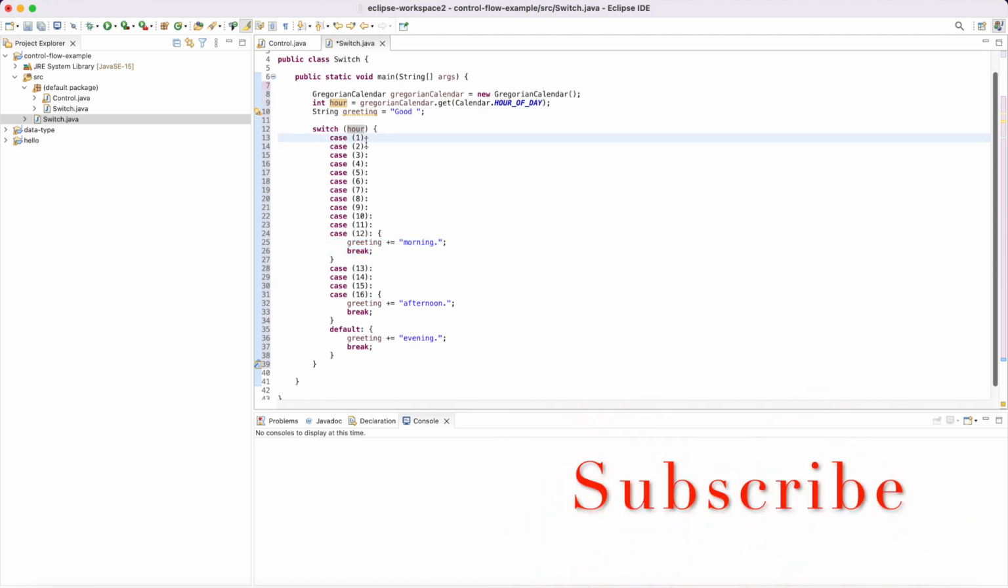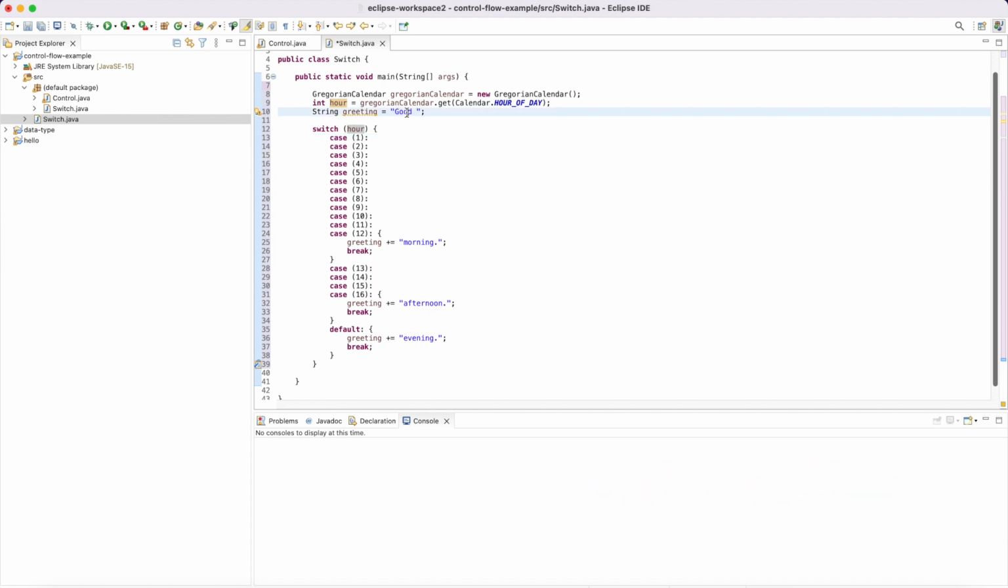So we say case 1 colon, case 2 colon, case 3, and so on, to case 12. And then at the end, what are we saying? In here we created this greeting variable, a string variable, and it has a value of "Good ". And then in here we are appending, this plus equals appends this string value to this string value. So it will be "Good morning", and then this break